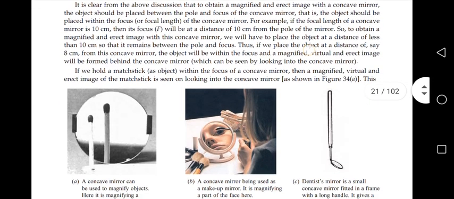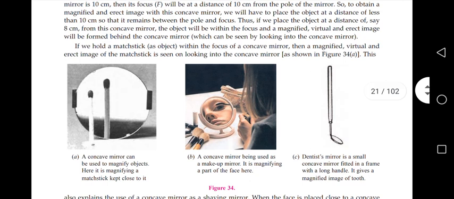Before the second case, let us practically see these things, right? So you can see in figure 34A, a concave mirror can be used to magnify objects. Here a matchstick kept just inside in front of a concave mirror, you can see the magnified image of that. And also it is sometimes used as a makeup mirror because it is going to magnify the part of the face. And dentists also use this concave mirror